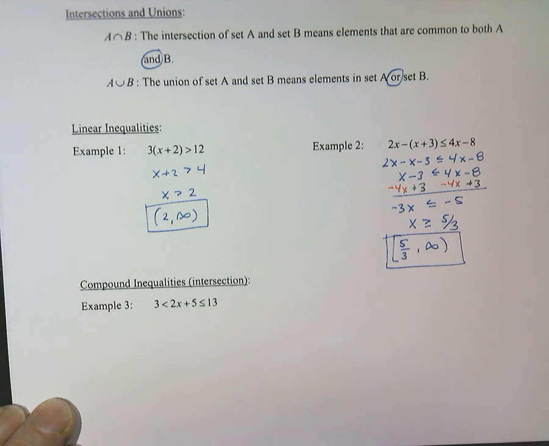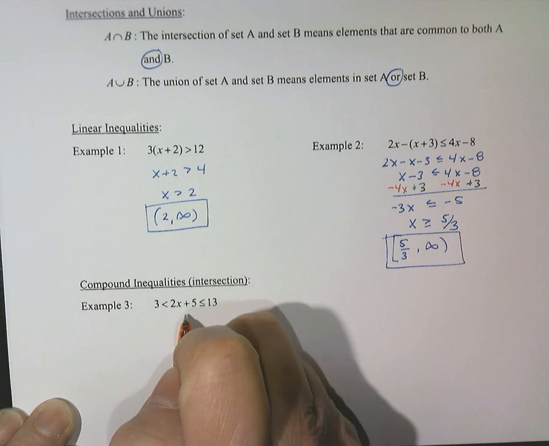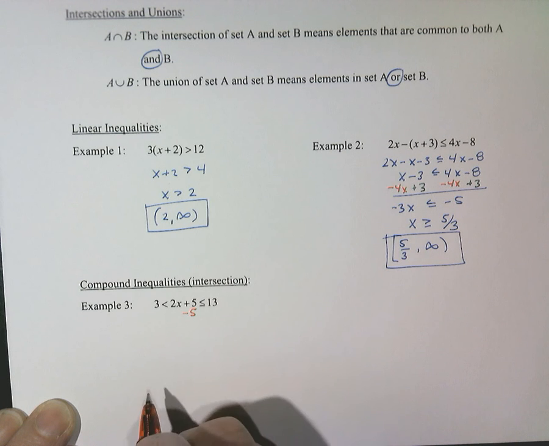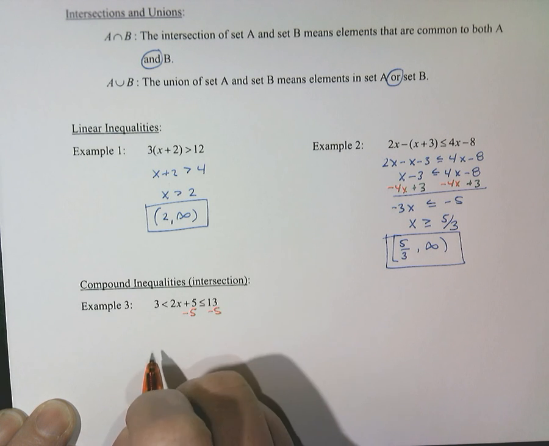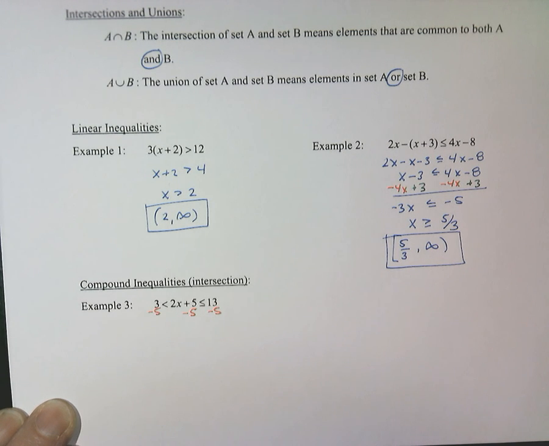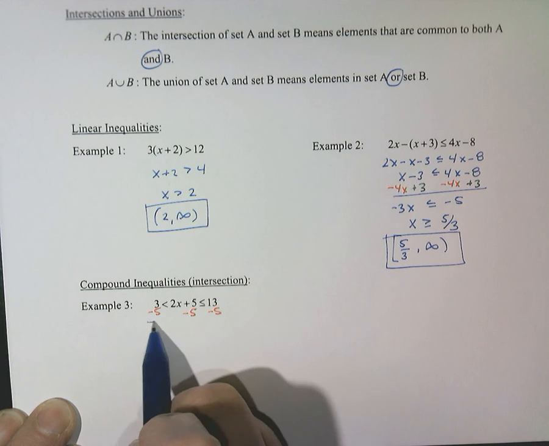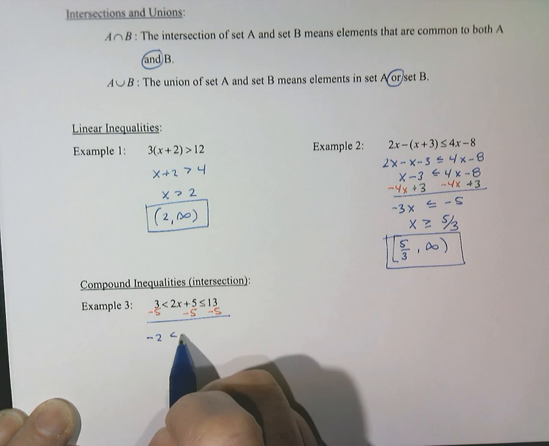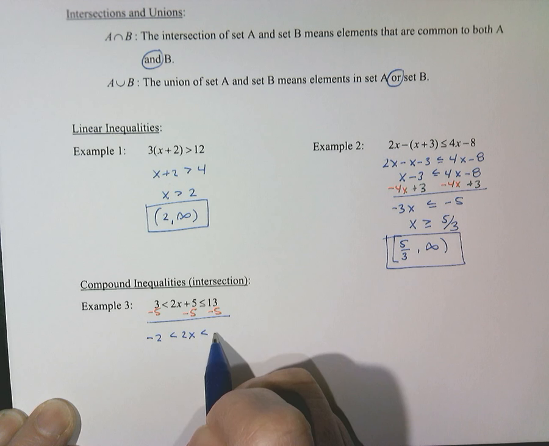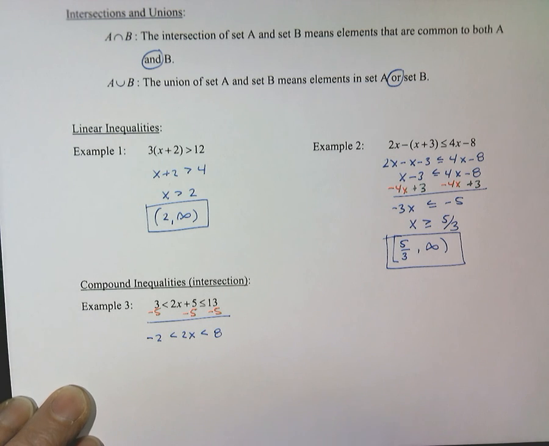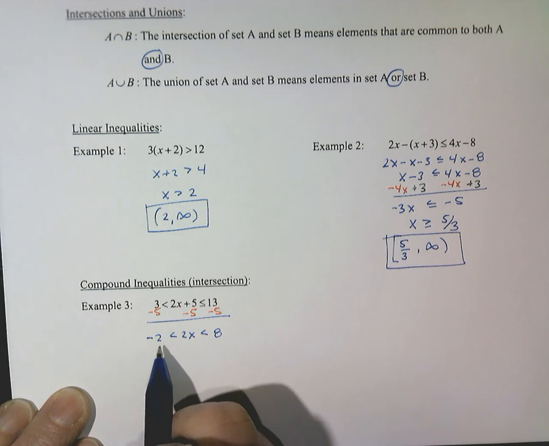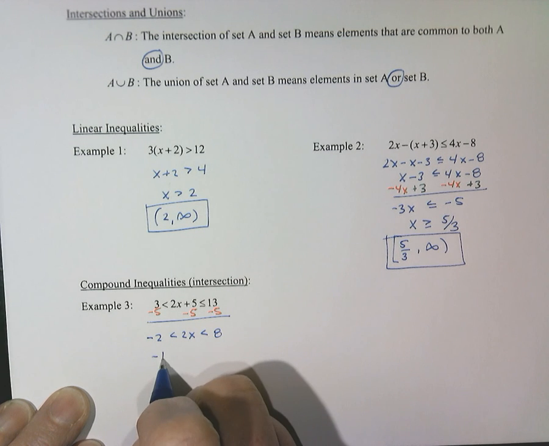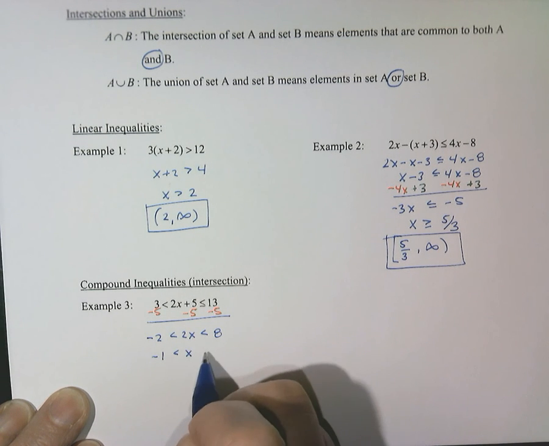So what happens here is I'm going to subtract 5 from the middle, but that means I have to do it from the right and from the left. So we get negative 2 is less than 2x less than 8. Now I'm going to divide by 2. So when I divide by 2, negative 2 divided by 2 is negative 1, less than x, less than